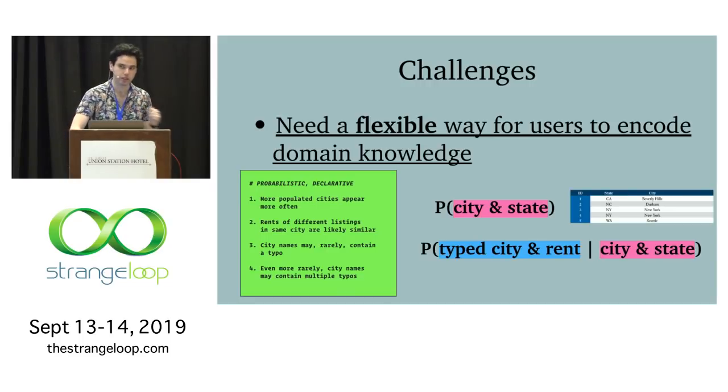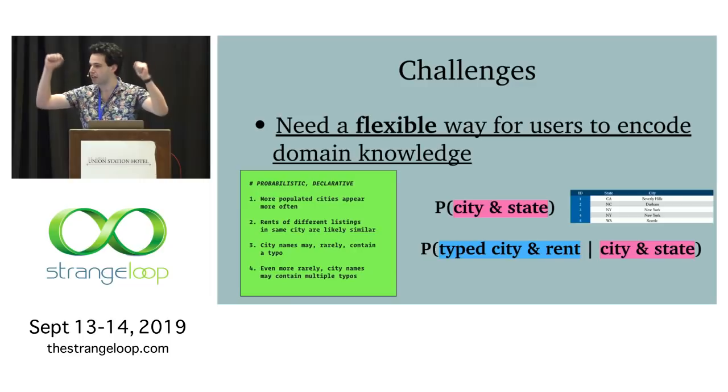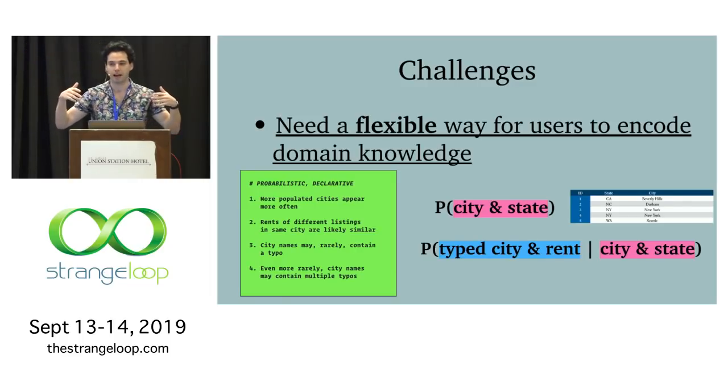And the main insight that we're going to borrow from probabilistic programming is this. If we write a program that randomly generates cities and states, so imagine that this table is just from calling a program over and over again to randomly generate cities and states, we have implicitly specified a distribution over cities and states. The ones that the simulator or the generator is more likely to have generated are more probable, and the ones that it is less likely to have generated are less probable. So we've written down a distribution by writing a program that randomly generates cities and states.